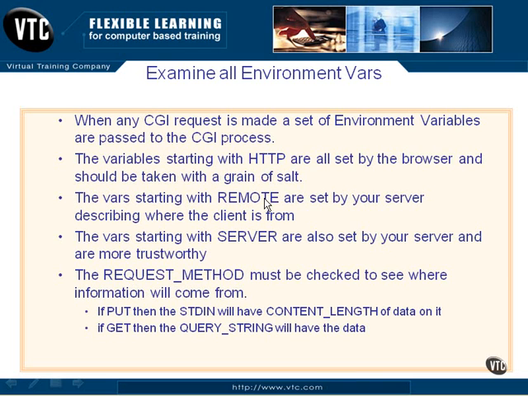There will be a request method variable, and that must be checked to see where the rest of the information will come from. The request method, if it's a put, then the standard in will have a content length of data on it. Content length will be a new variable that will show up, and it will say how long the information is that's coming in. If it's a get, then the query string will have the data. So we've already seen those for get and query string and how to use it. So let's go take a look at a program,